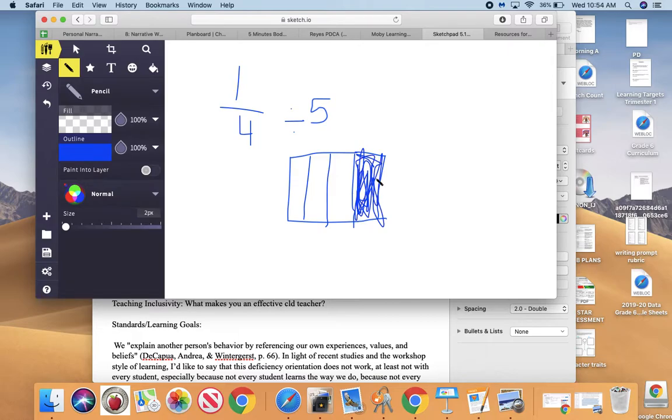Ariana, I know that you're upset with my coloring skills right now, but I'm going to color this one in